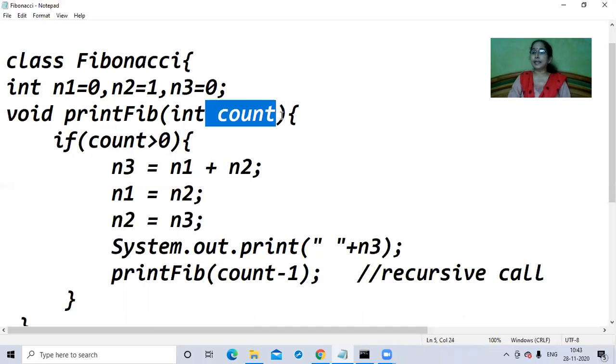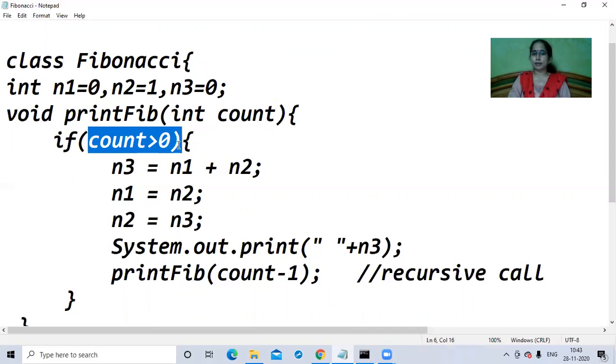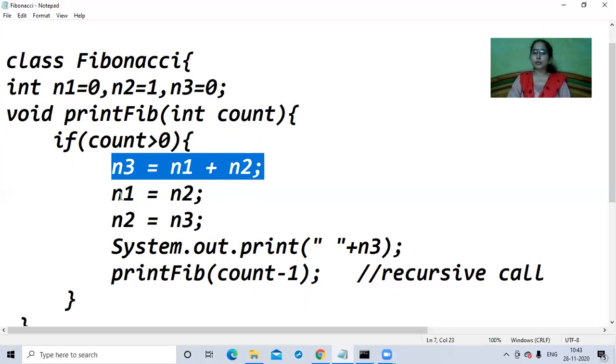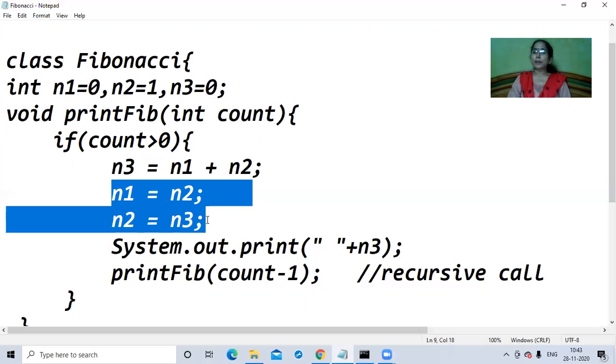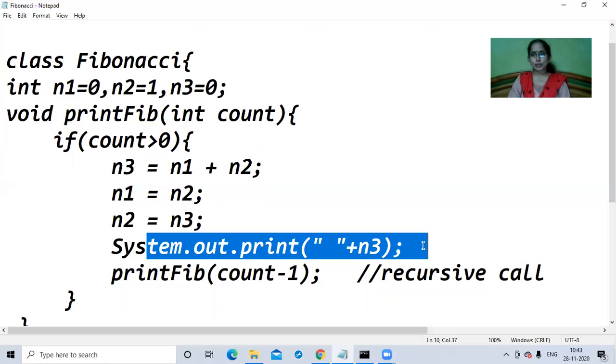Suppose I gave count the value 10, which means I have to print 10 elements, so this negative loop will run. The if condition will count negatively, so 10, 9, 8, 7, 6, 5, 4, 3, 2, 1, 0, like this. So this is a counter which is going to count how many times I have printed my elements, right? N3 is equal to, as I said, N1 plus N2, and after that swapping of N1 and N2 happens. What was N1 earlier now becomes N2, and what was N2 becomes N3, kind of. So N1 gets the value of N2 and N2 gets the value of N3, so that my loop keeps on moving. And I'll print the value of N3, the newly generated value.